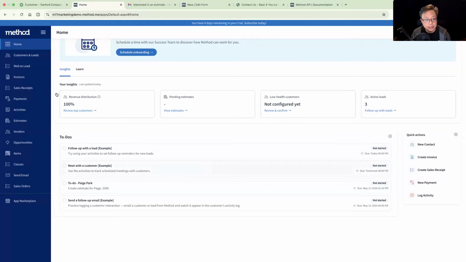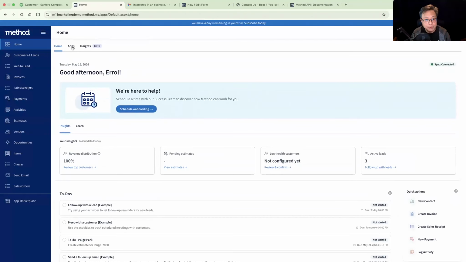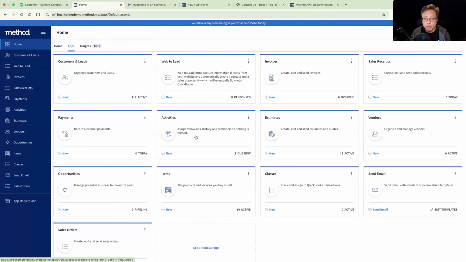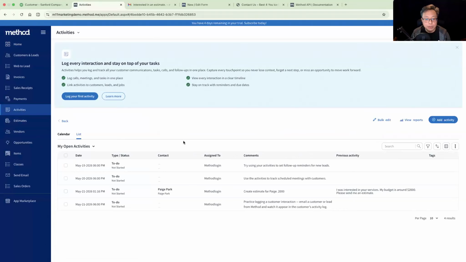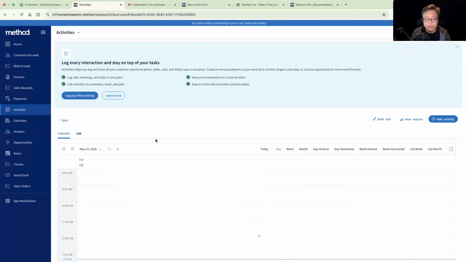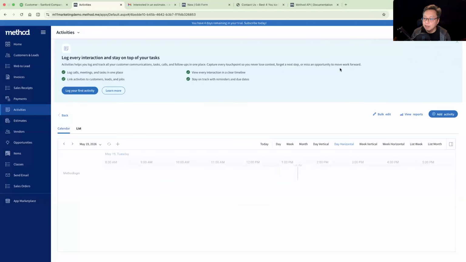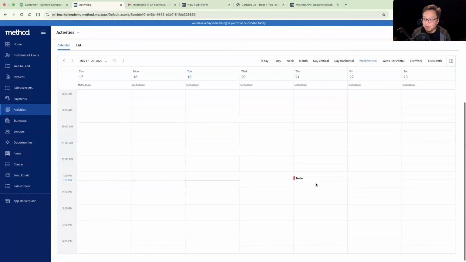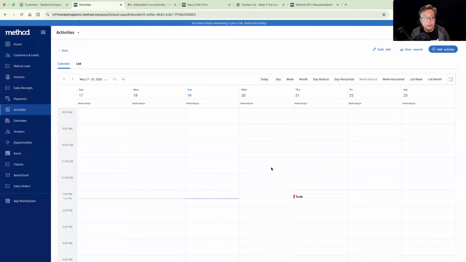There also is on the side, or if you go through apps up here, you can go straight into activities itself. And if I were to take a look at activities, this will show you all the open activities starting from today, I do believe, and the past. So that's available to you as well. That's a great question. Also, just to let you know, you can also see it in a calendar view. So let me see. I can't remember when I had that. Oh, there it is. There's that to-do that I just created for the 21st. Oh, it's the 19th today. There you go. Now I know. Anyway, so those are different ways where you can see the activities.